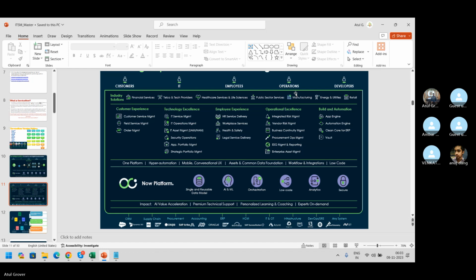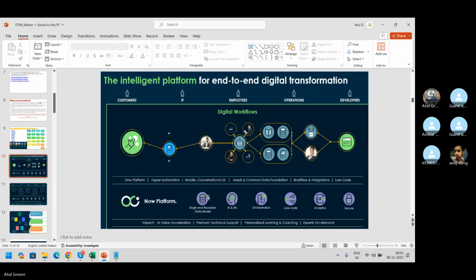Asset and configuration management, because I can see IT asset management, SAM and HAM, but there is a different model as configuration management, right? So for that, you can come here. Let me show you this one. Common Data Foundation. CMDB and CSDM will be covered here because that is a base for every other stuff. Not a standalone.